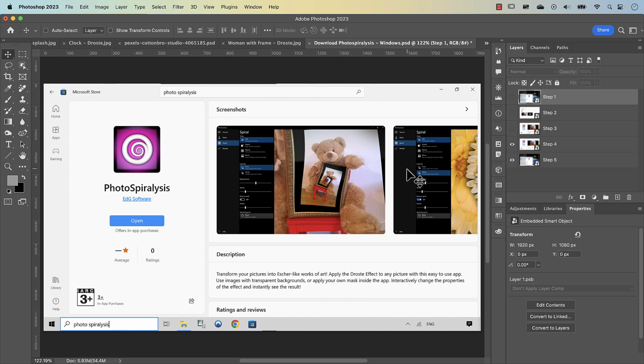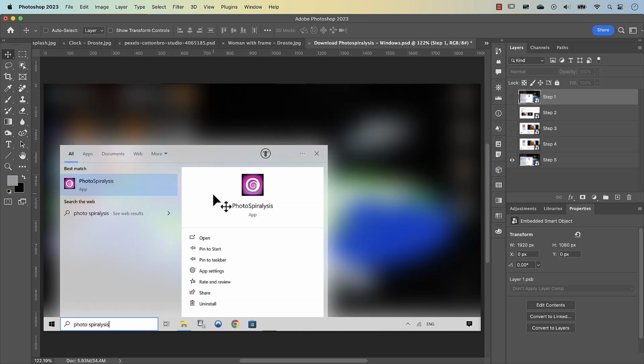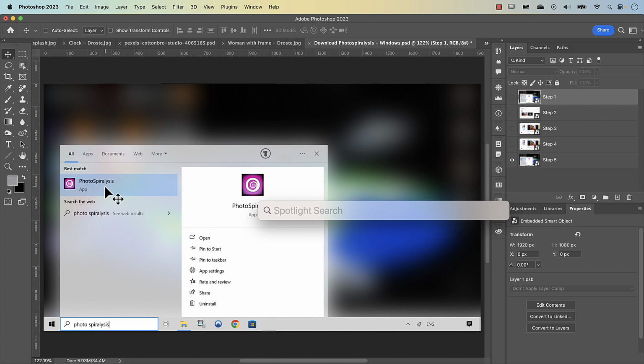This is obviously a one-time setup. You don't need to download it every time. So the next time that you want to open the app, you can just type in Photo Spiralysis in your search bar and then just click on that. Now to download it from the Apple App Store, let's press Command Spacebar to bring up Spotlight and type in